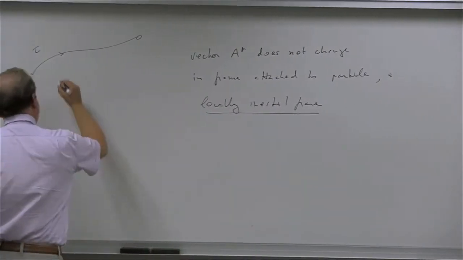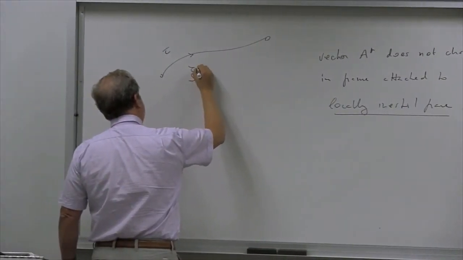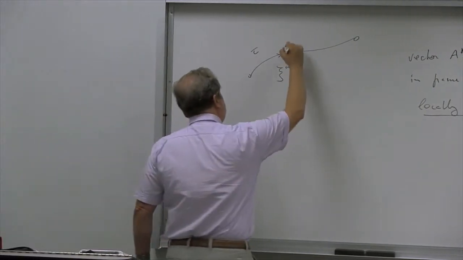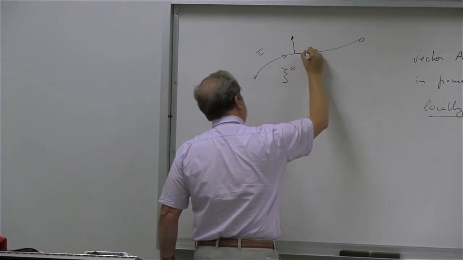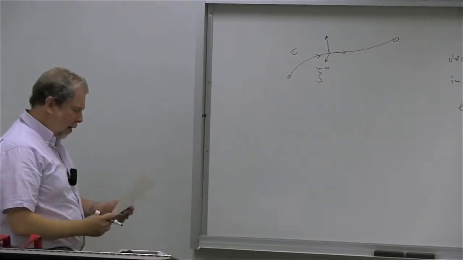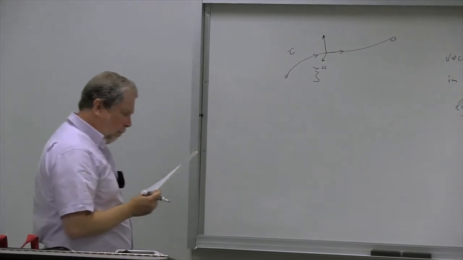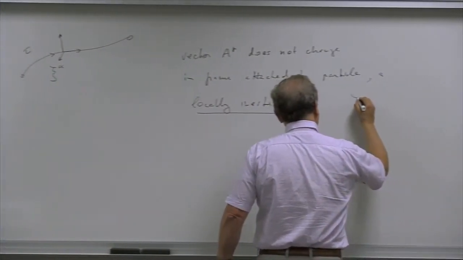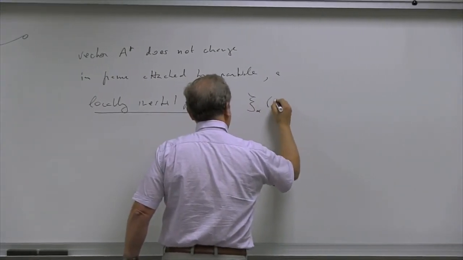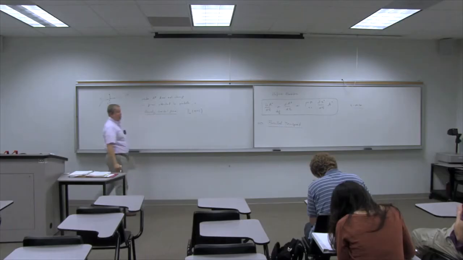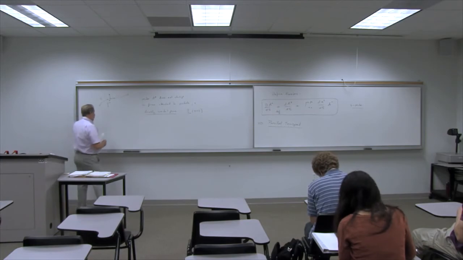So you have a frame that is attached to the particle, and that is a freely falling frame psi alpha. So you can visualize that frame as something that looks like that. In that freely falling frame, denoted by psi alpha, which depends on x of tau because it is attached to the path of the particle,